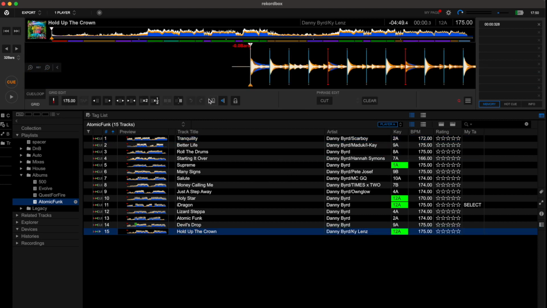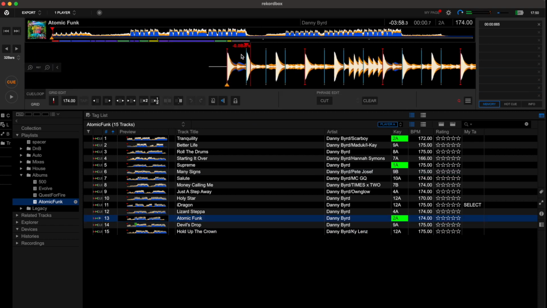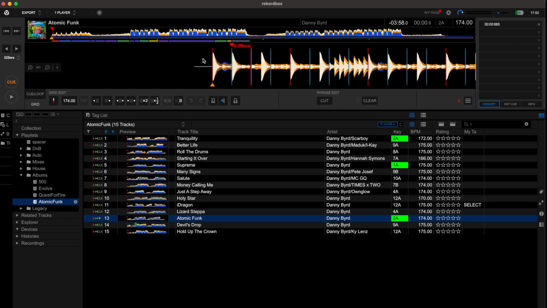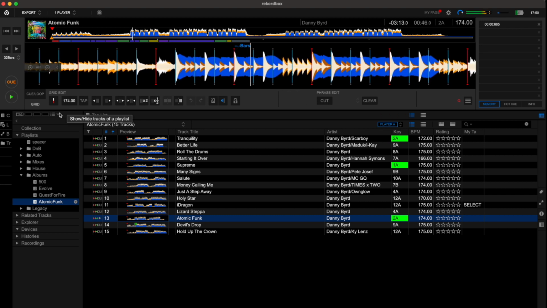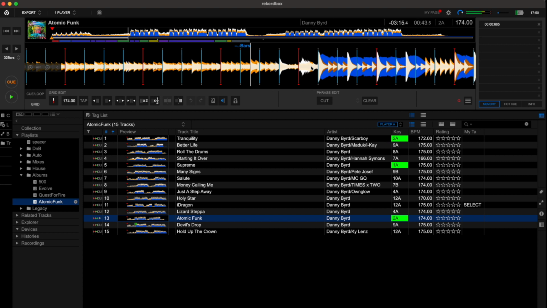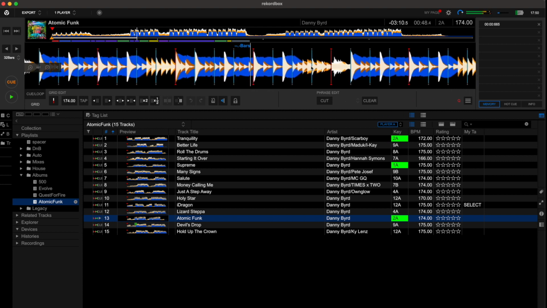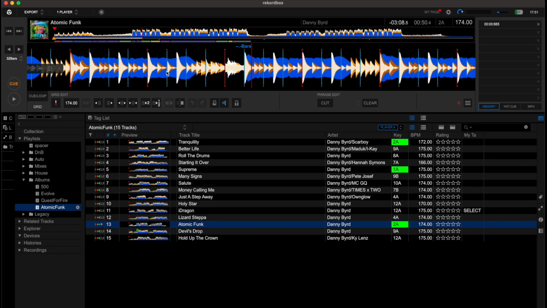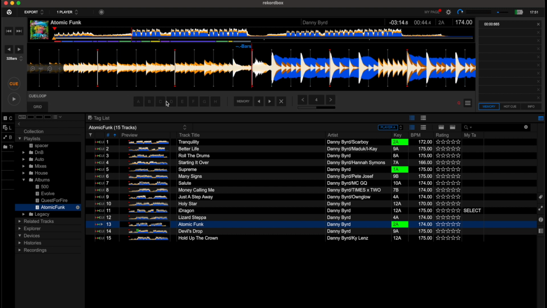So we have the same issue actually on Atomic Funk itself. You can see again that the original cue has been set on the wrong beat. So here the beat grid is actually correct. Again, we're gonna set our cue here for the D. I usually do this to all my tracks, but we'll get to that in a second. So now